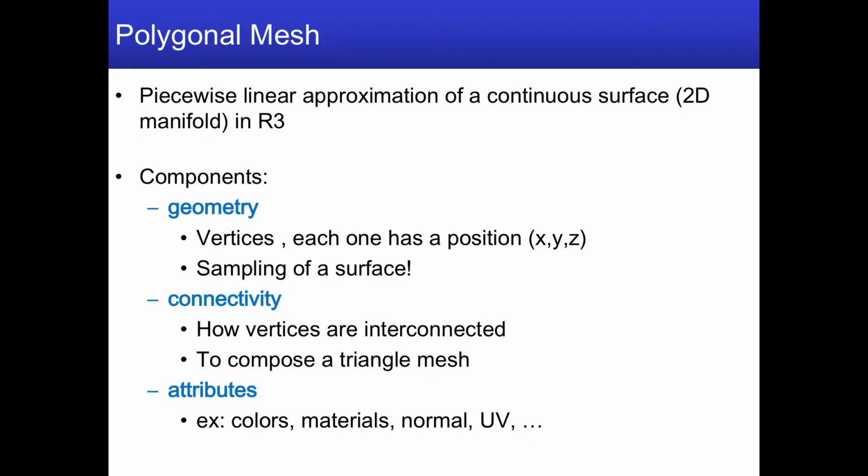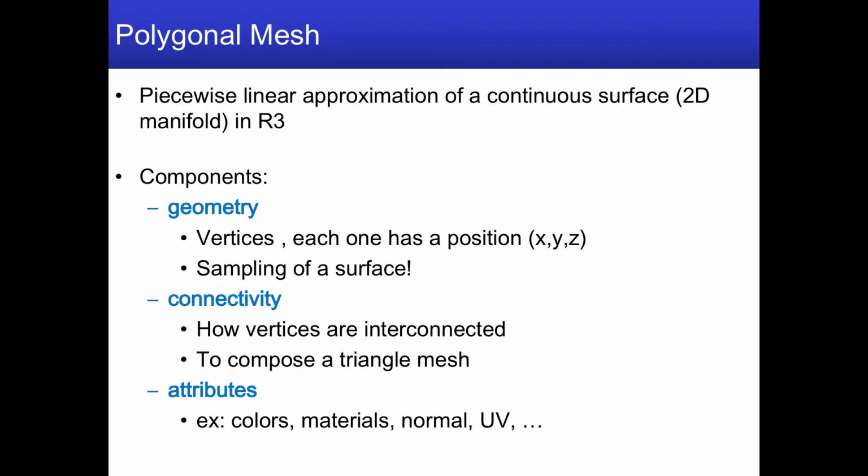You can imagine it as a piece of paper where you have two directions on the surface. The surface is embedded in 3D, but it is actually a 2D object, because it has no thickness. It's flat, and you only bend it and you create a 3D surface. Anyway, so the components of a polygonal mesh,